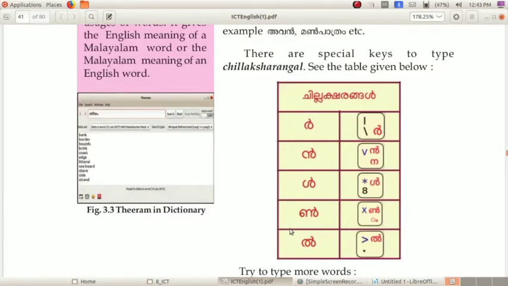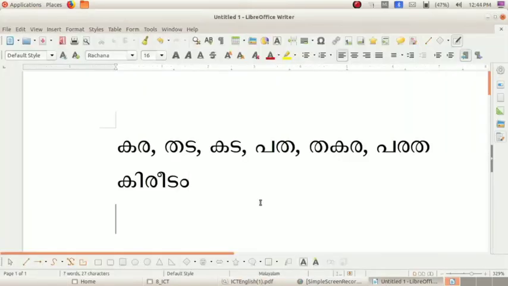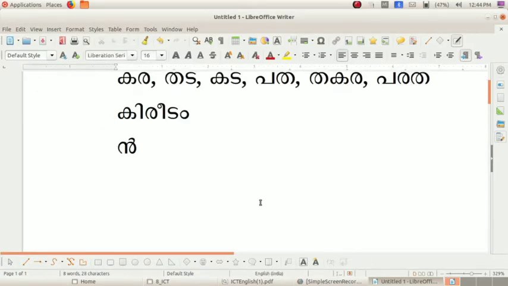There are some occasions that you want to type the chillaksharangal. So which are chillaksharangal? N, il, il. So let us see how can we type the chillaksharangal. Shift plus V is in. Then shift plus 8.